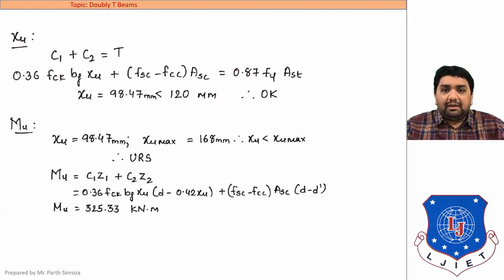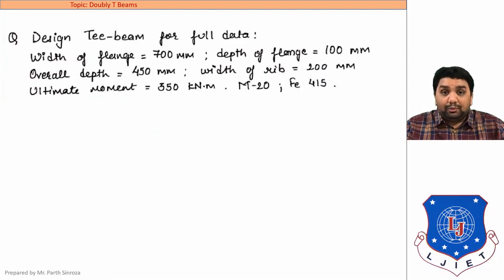If FC is greater than FT, then we'll be solving using the method that we have seen. If the equation comes out to be FC less than FT, then the only change will be in the term C1. The whole method will be the same as we have seen here; the only change is that the C1 value will be different. Okay, so moving on to the design portion.